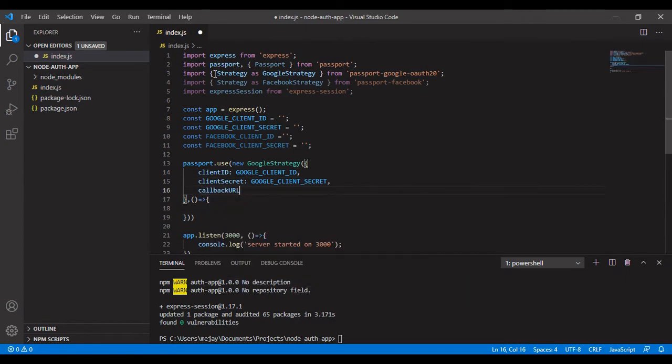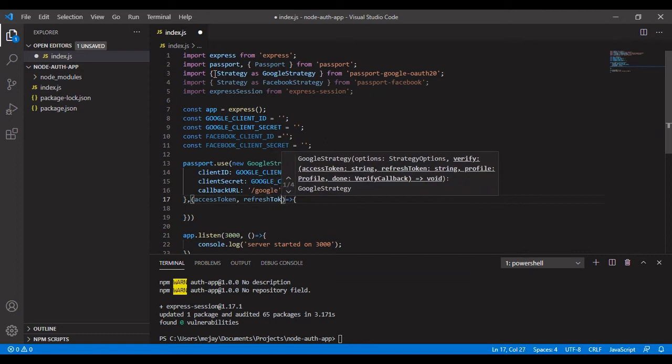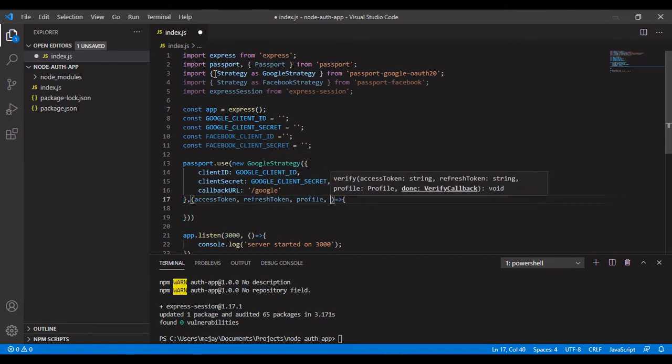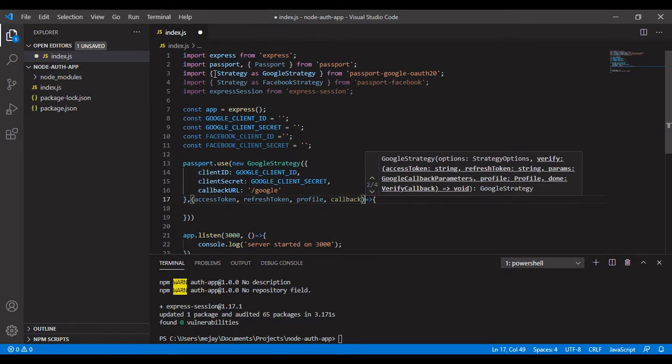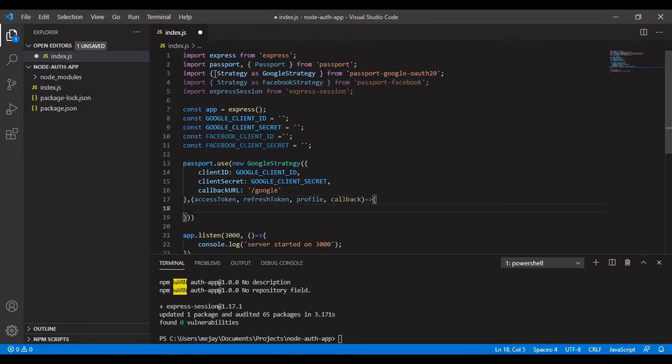After that there is a callback URL we need to set up. We can set it as /Google, and in the callback function we need to set up all the parameters like access token, then refresh token, then profile, then there is a callback function, which will return the profile details.